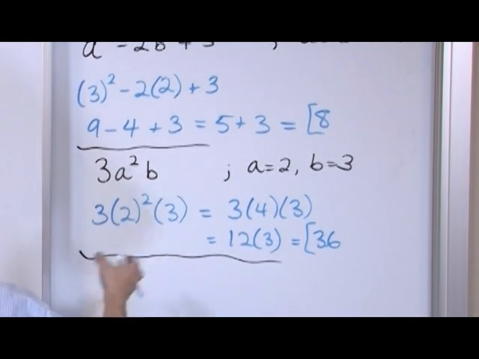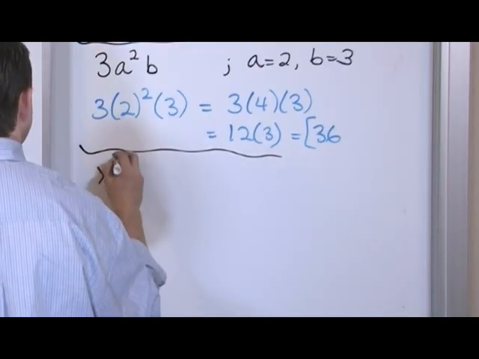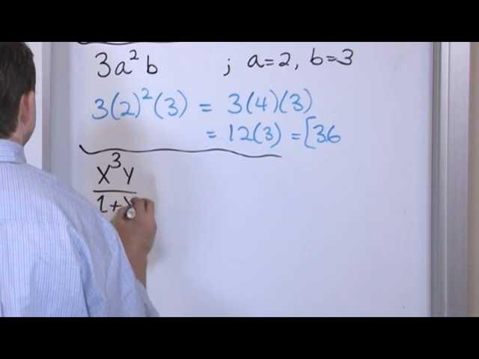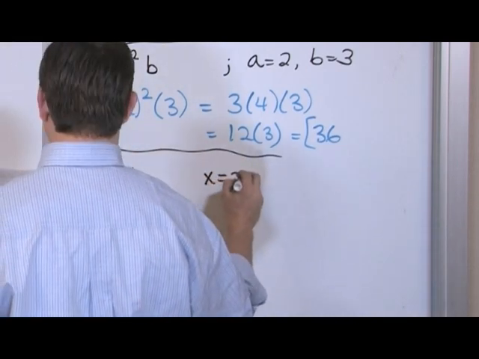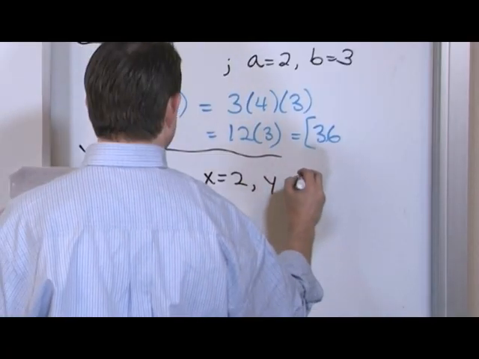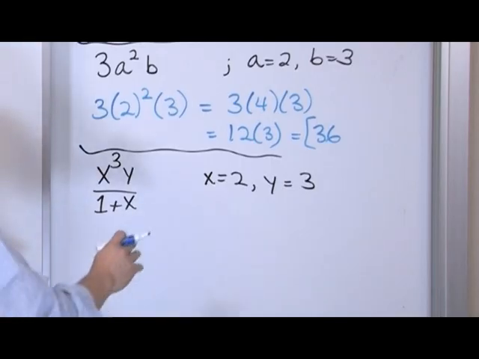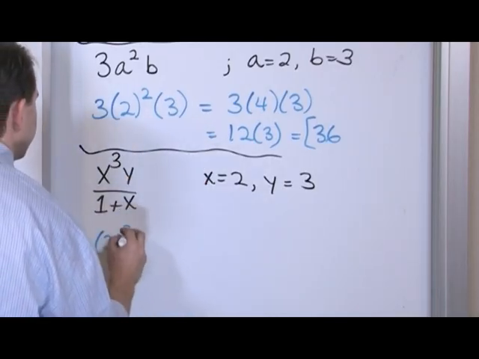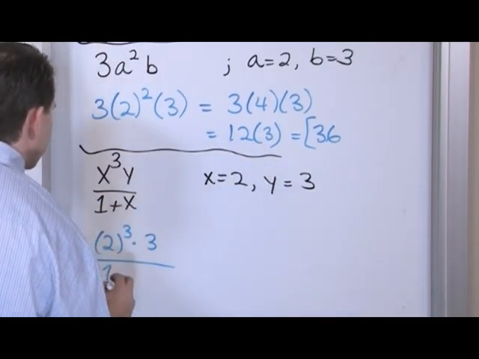All right, these problems that we've had here, there's really been no fractions involved, but let's say we have x cubed times y over 1 plus x. And let's say that x is equal to 2 and y is equal to 3. Could be any values, but I just want to give you some practice here. Let's stick it in here. X is equal to 2, we're going to have 2 cubed times y, which is 3, over 1 plus x